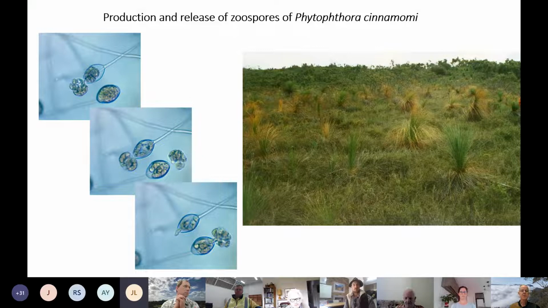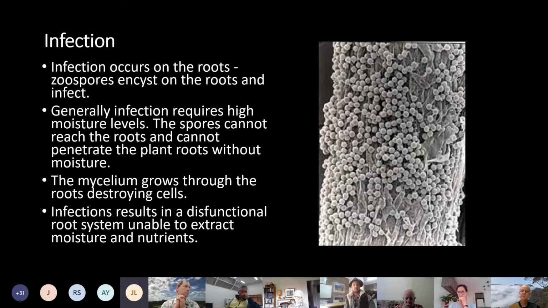These zoospores that are released swim through the water. In this case, we're talking about P. cinnamomi, which produces large numbers very quickly. So it can multiply up and move through the water, and you quite often see this sort of disease front moving down a slope. In this case, the susceptible species is the Xanthorrhoeas, and you can see that it's working its way down the hill as the disease front moves through the environment there,